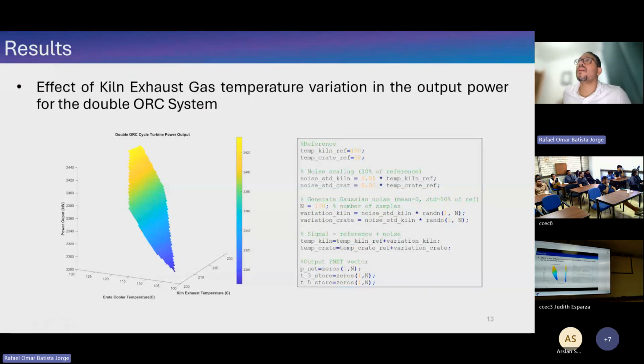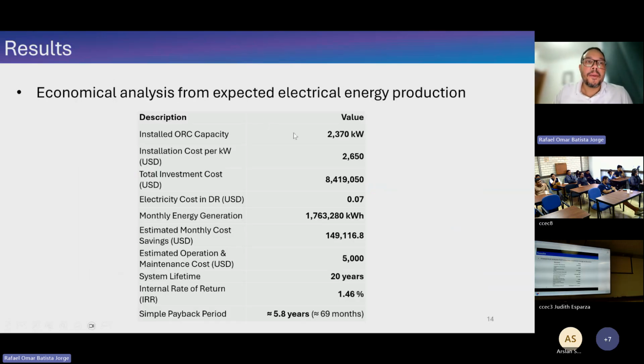It depends also on the working points that are set up in the production. Sometimes you need a little bit less heat because you have some hot spots on the kiln mechanical parts, so you reduce a little bit. So you can have those variations. It's normal. If we do an economic analysis from the expected electrical energy production, there are some studies on the